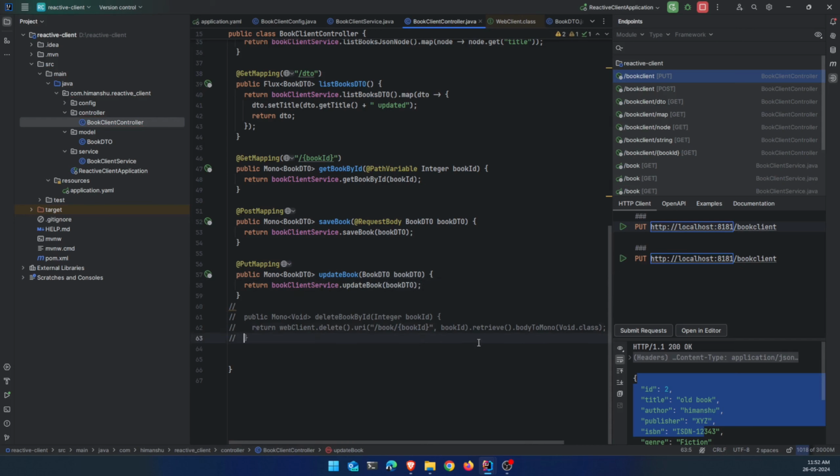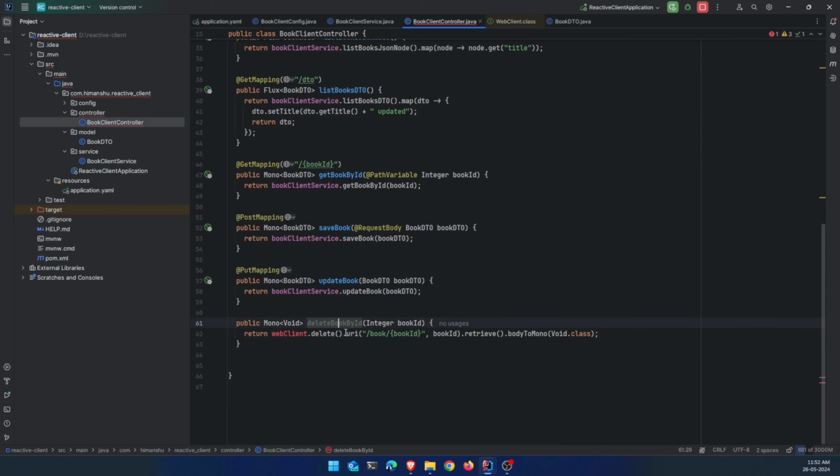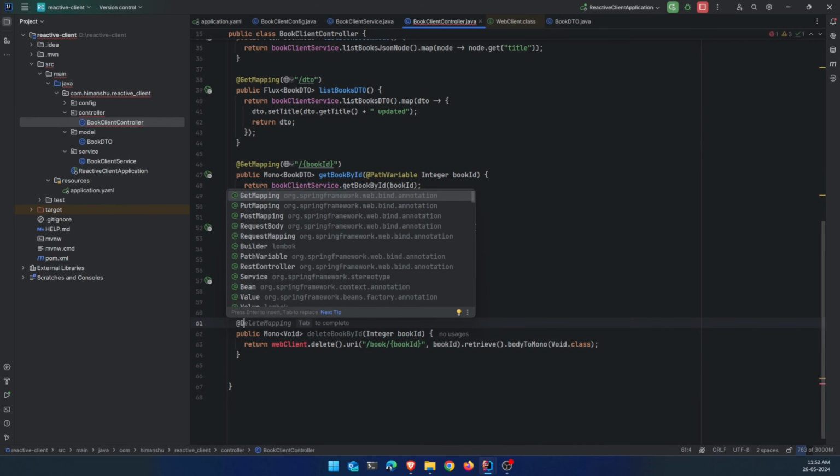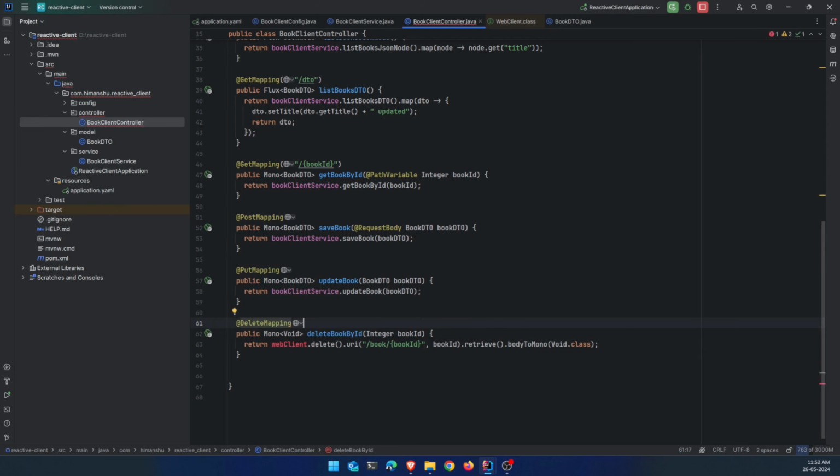Okay, and the last one is delete. So let's uncomment this one, and then delete book by ID. This will remain as is, and here it will be delete mapping, and in the delete mapping the book ID is coming through the path variable. So say book ID like this, and this will be void delete book by ID, and then